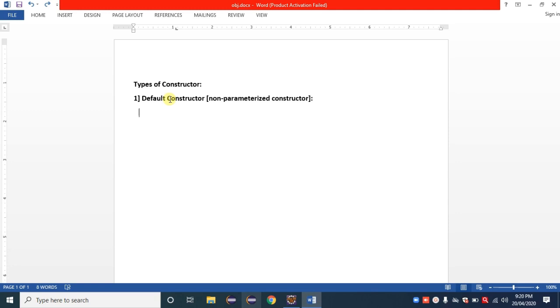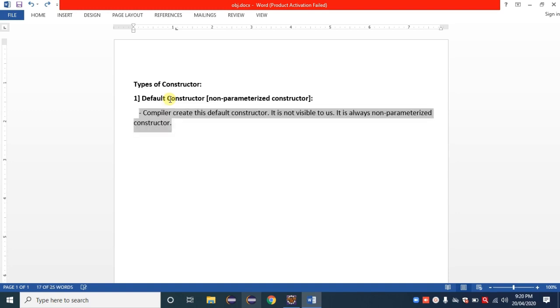When we have not created any constructor, in that case, when we create an object, the compiler creates a default constructor inside that class, and that default constructor is always invisible. Compiler creates that default constructor, it is always invisible, not visible to us, and it is always a non-parameterized constructor. Compiler is responsible for creating a default constructor.